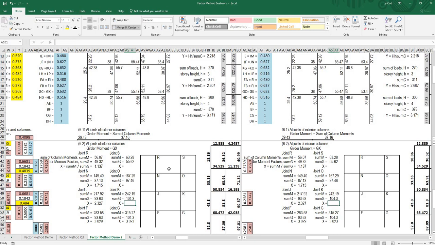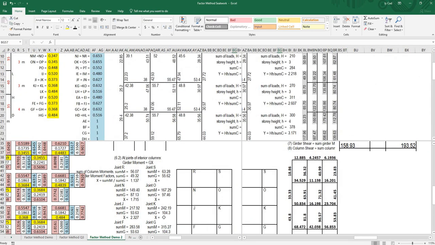And then let me check this one. And then this for joint K, summation X is equal to 242 divided by 104 again, then 167 divided by 97, 63 divided by 55. Okay, so next step